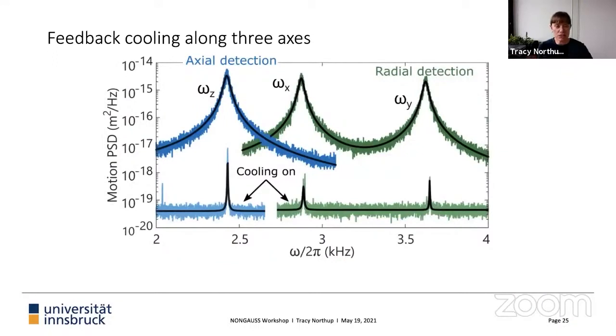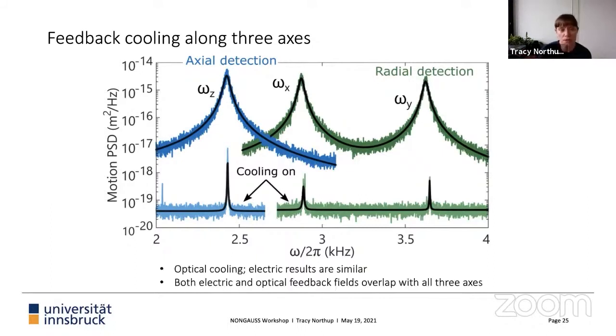Okay, so this is the plot to show you that we can indeed cool the particles. Above you see the power spectral density of the particle. So this is now just taking the signal that we have from these detectors, looking at it on a spectrum analyzer. We can separate out the different motional peaks, and then we turn this cooling on, and you see much narrower spectral densities that indicate that the motion is being cooled. The results I'm showing you here are for optical cooling, so feedback to the laser, but the electrical results are very similar.